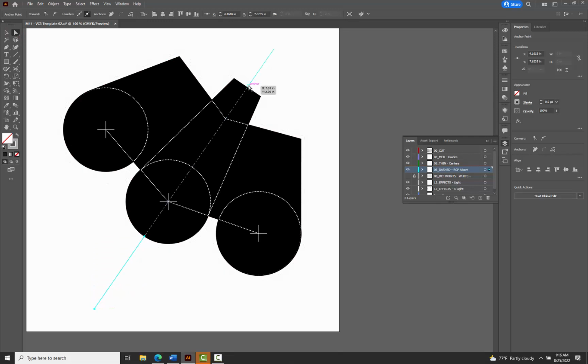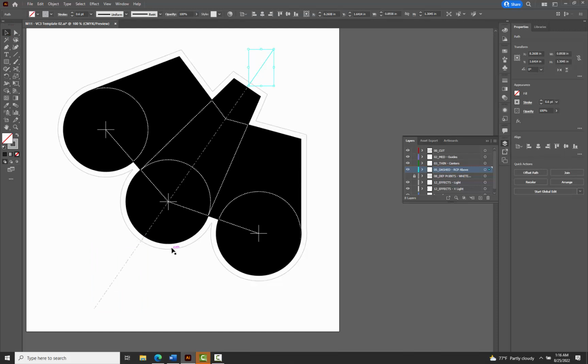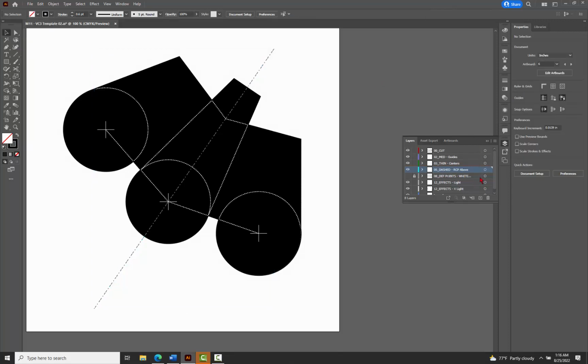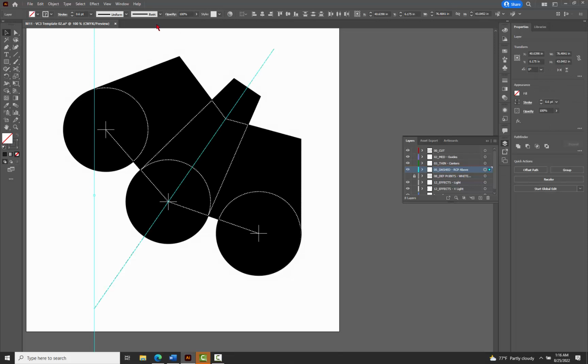right back to where it needs to be, but once you break it with the scissors, you should be able to come in and you can either make a new layer and put these on a new layer that allows you to change the color, which is probably the best way. But if you want to see what it looks like, you can pick these guys and change the stroke back to black, right? And then if you come in and change the RCP dashed back to white,